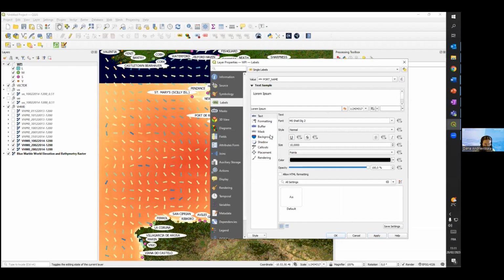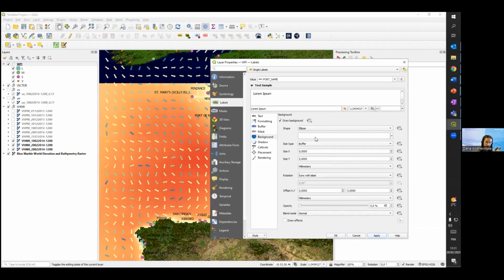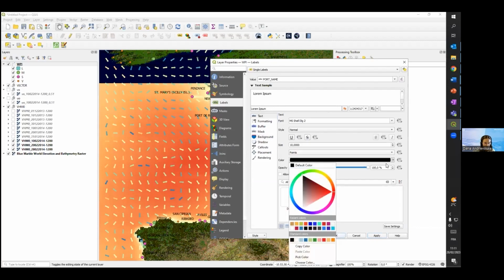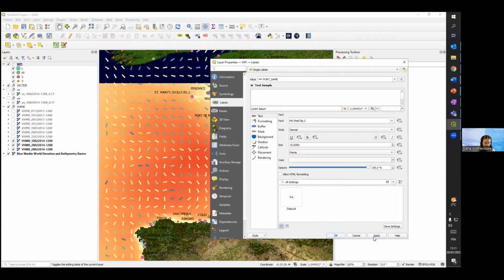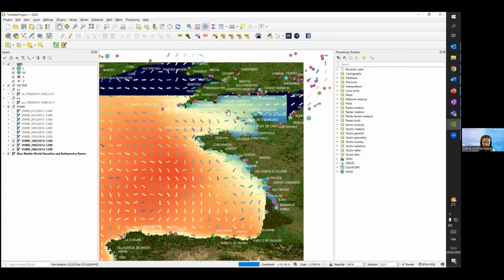I think it is background and probably opacity. If I put opacity like this, oh yeah, great. So no ugly ellipses. And also I'll change the color of the text because I think it's not really clear what's happening on the ground when it's on the ground. Okay, why not? Okay, so now we have a lot of ports,